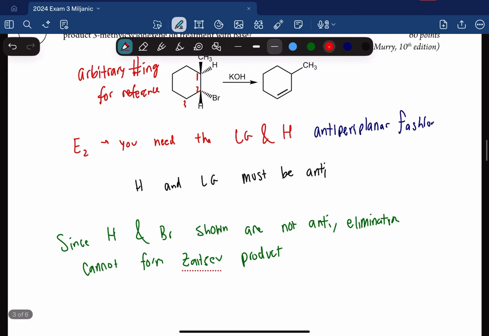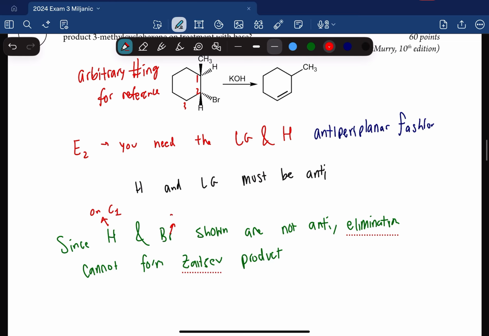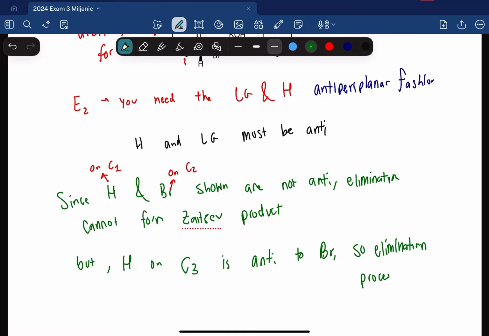So we can make this: since H on carbon 1 and bromine on carbon 2 shown are not anti, elimination cannot form the Zaitsev product, but H on carbon 3 is anti to the bromine, so elimination proceeds